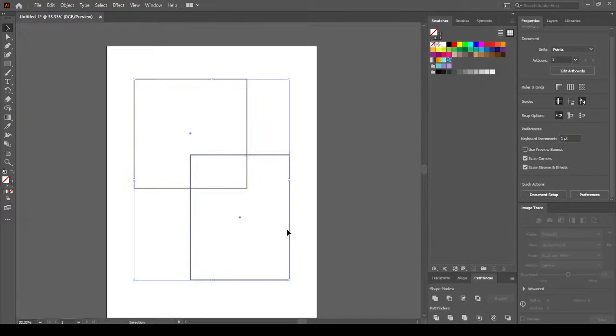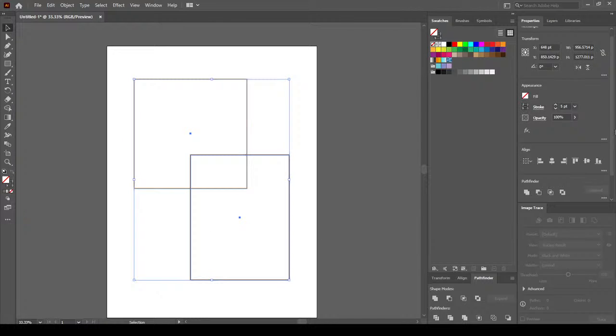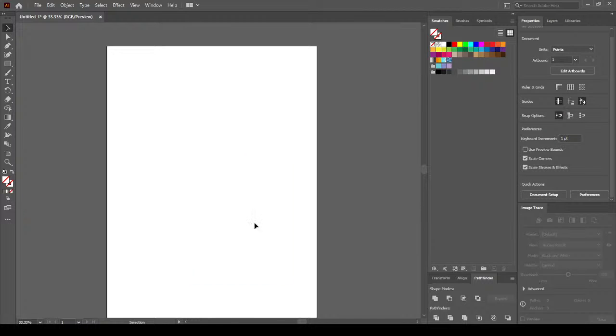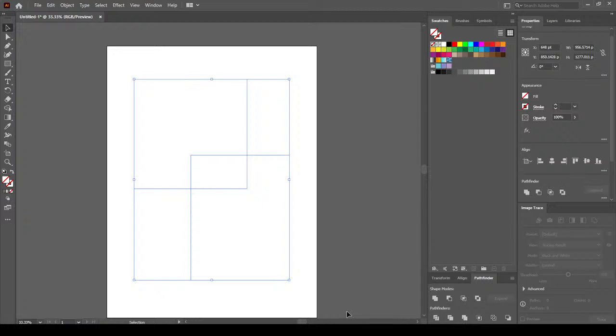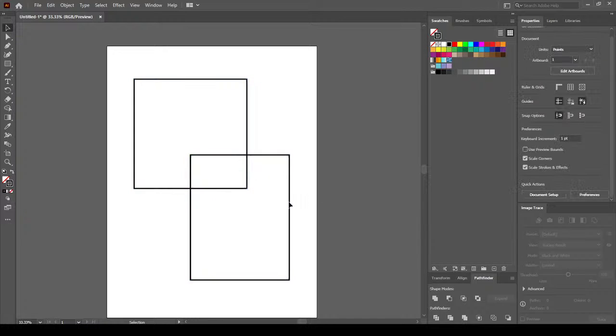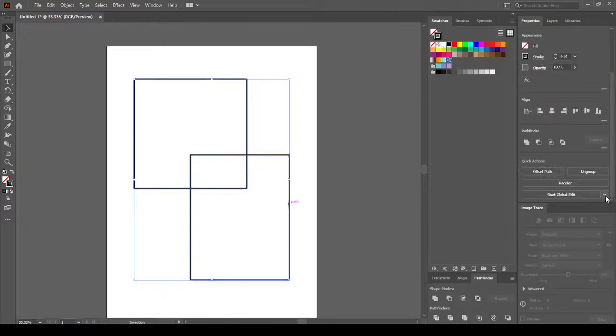Now I have these both. I will select these both. Okay, and then simply I will click on the outline. Not much of a difference, but you will see it will not give you any color. Because it is transparent, you have to give your own stroke color here, and you have to give it your own thickness here,